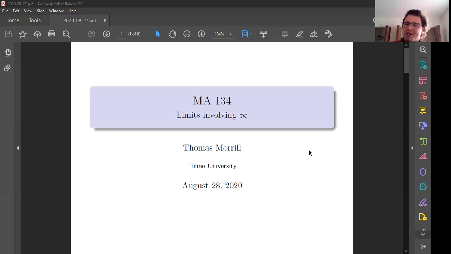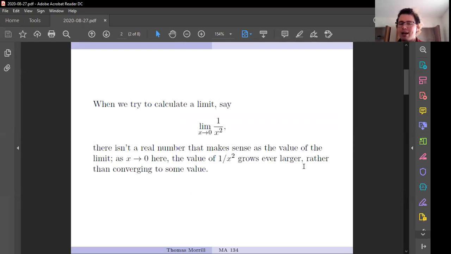So these concepts exist for us to have easier ways to talk about things, about growth of functions, about values of functions, and we should pay careful attention to how to talk about limits and infinity. We want to make sure that the things we're saying make sense, even when the things we're saying are convenient shorthand. Now let's take as an example the limit of the function 1 divided by x squared.